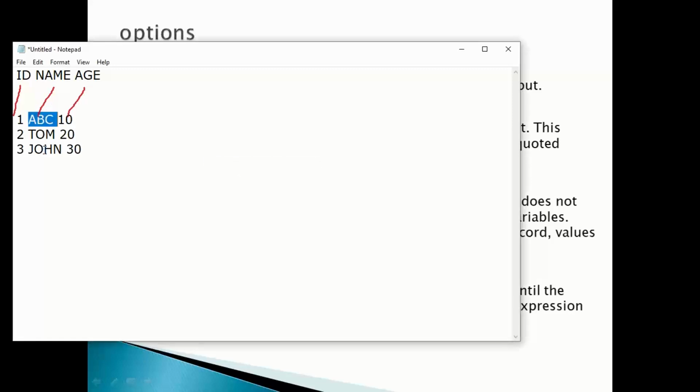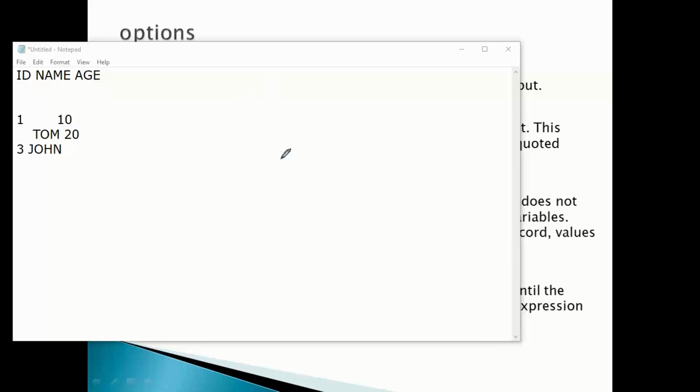Now let's assume there is missing data. The data is not provided to us, and there are some missing values. How will SAS read it? When it reads ID 1, it checks the next value. Here the data is not present. Immediately after 1, there is a value 10, so name will read 10 as the value. The next value then shifts into the previous state. As a numeric variable will not accept a character, the data reading goes wrong.